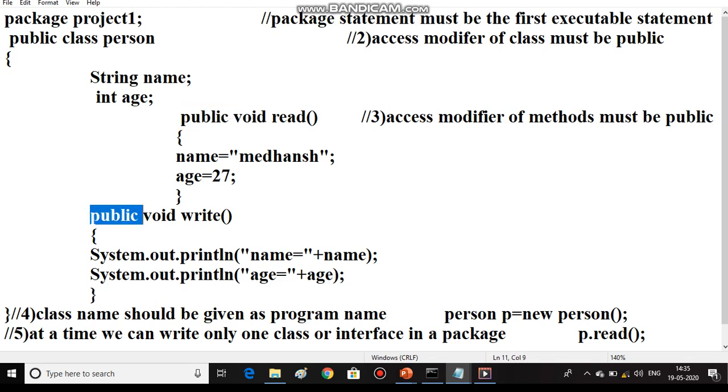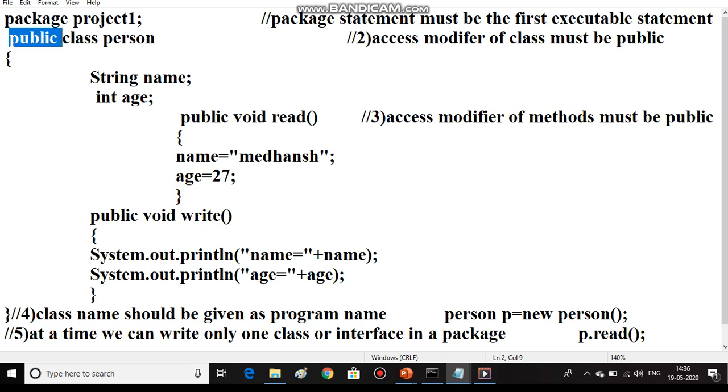Because if you do not write public here, then you cannot access these classes and functions outside this package. We know that a package's main purpose is reusability. If you do not write public here, you cannot reuse this class outside the project1 package. In order to use this class outside and inside the project1 package, we should write public here.